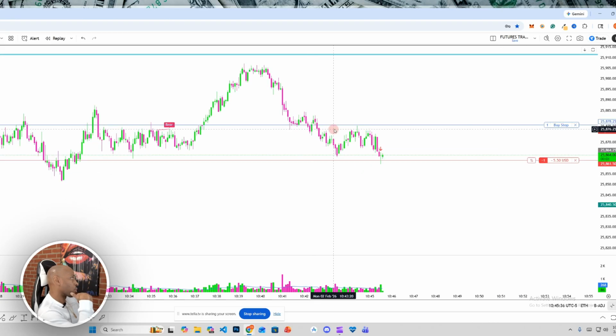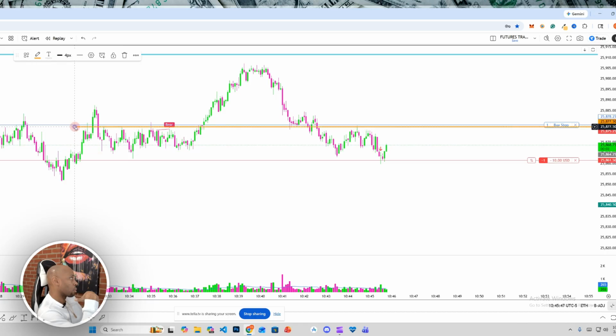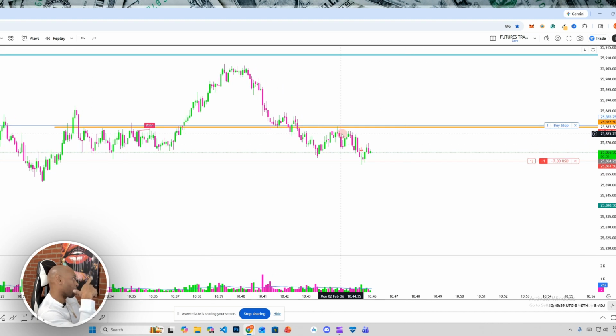So I took this on a pullback, right? And also it was a level here, as far as I see it, where this orange was at, right? I saw that as a level. However, we do have support here, right, and resistance above. So we'll see if this was a good entry. But it would have been,